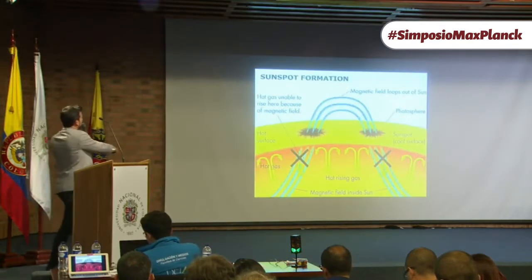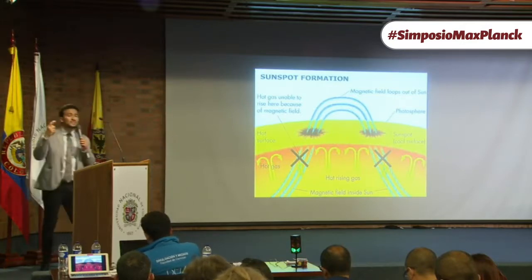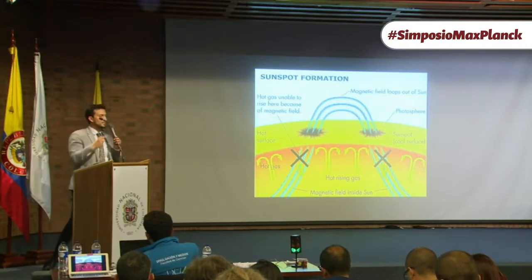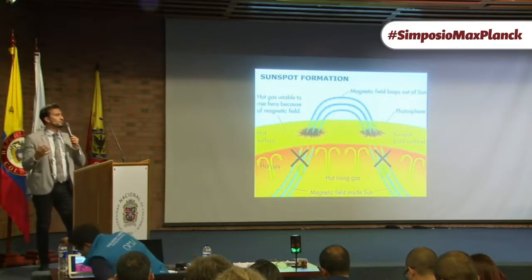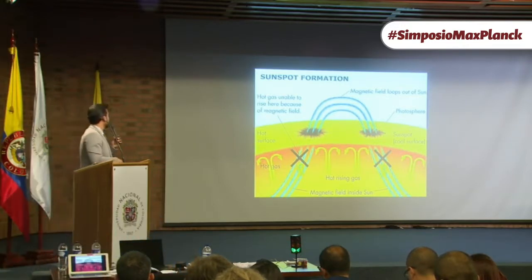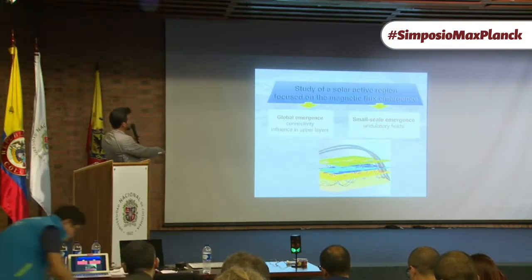Sunspots basically are formed because the magnetic field lines emerge, and they cross the photosphere, and they freeze the plasma. And that's why they look darker than the surrounding area, which is much hotter, much brighter. But again, if you go to smaller scales, you have a plethora of activity.